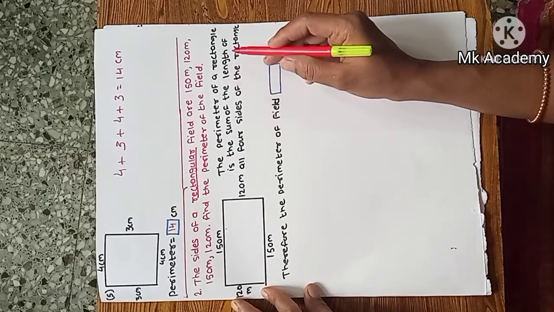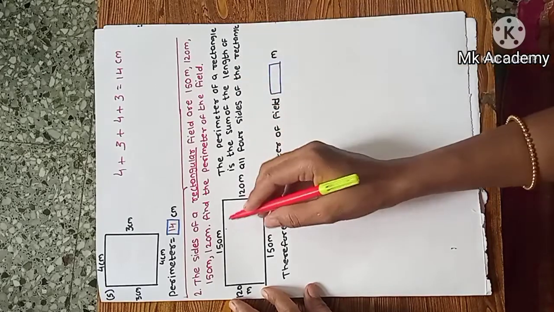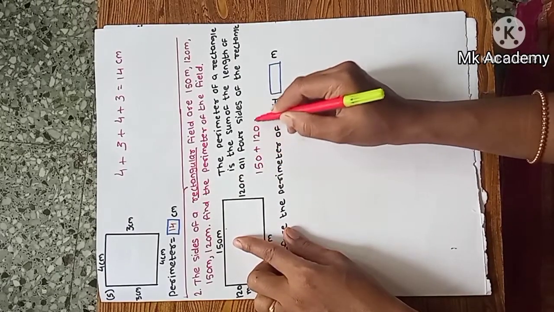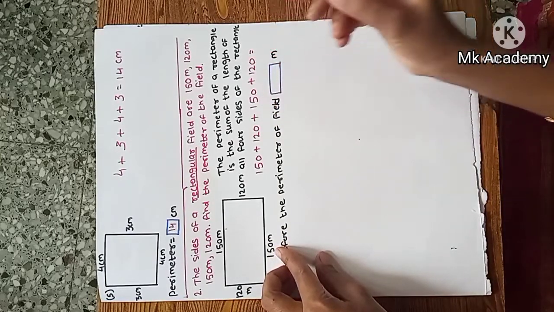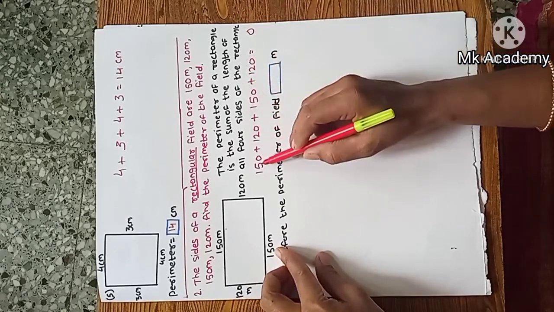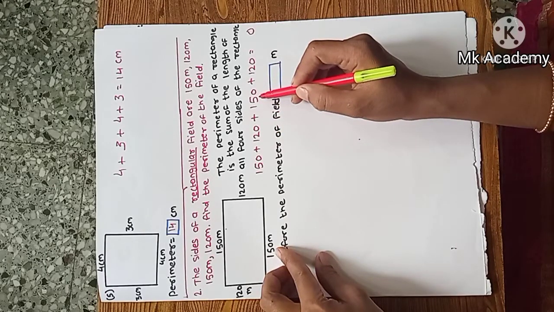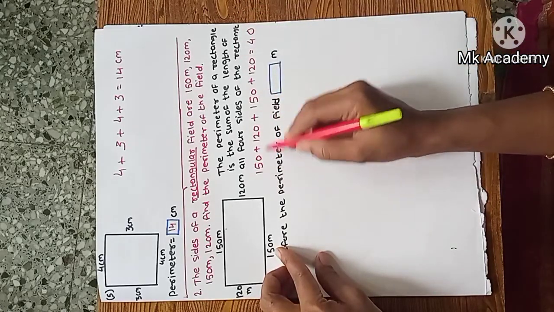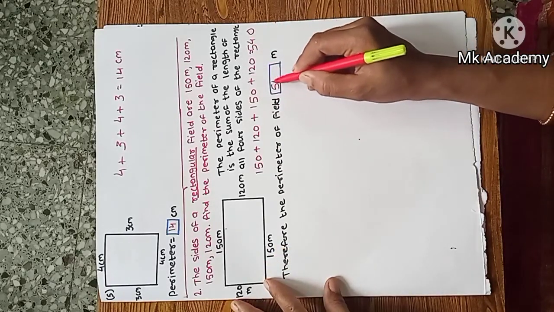The perimeter of a rectangle is the sum of the lengths of all 4 sides of the rectangle. The 4 sides of the rectangle are 150 plus 120 plus 150 plus 120 is equal to, we have to add by horizontal addition. Now 0 plus 0 is 0, 5 plus 2 is 7, 7 plus 5 is 12, 12 plus 2 is 14, carry 1, 1 plus 1 is 2, 3, 4, 5. Therefore the perimeter of the field is